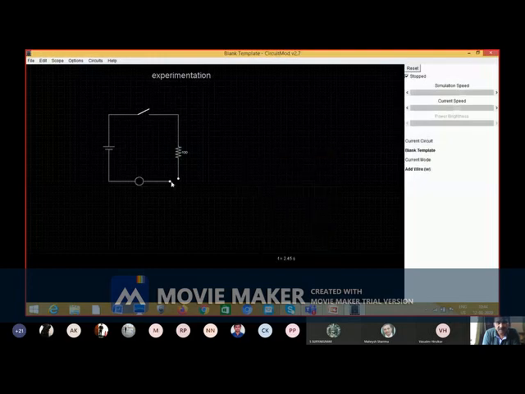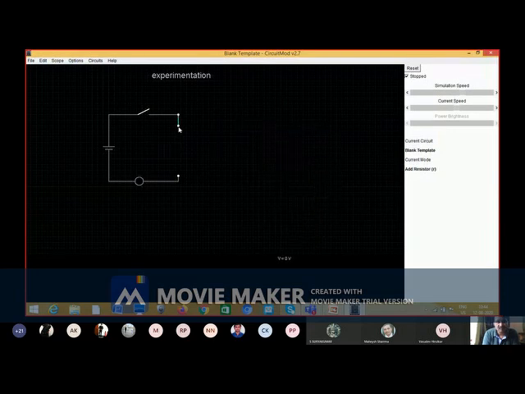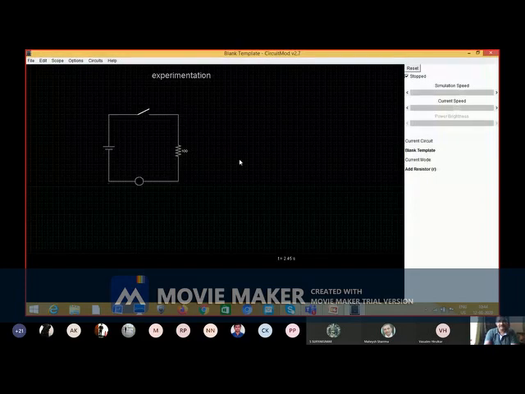And I need to connect this properly. Yes, so you know these are the two bad connections, correct? So I can remove some. Yeah, so I will take a resistor once again and I will connect.